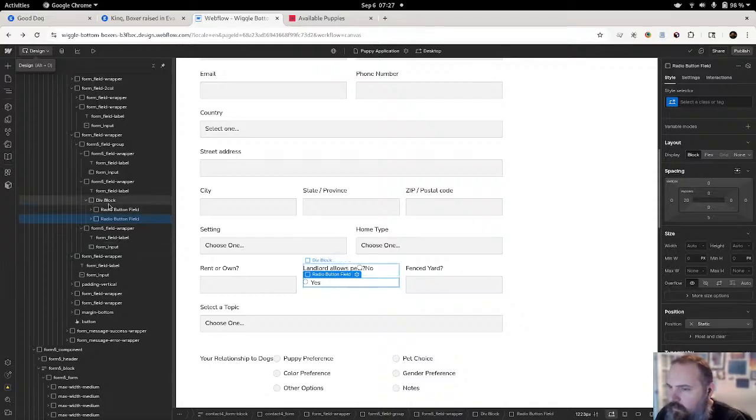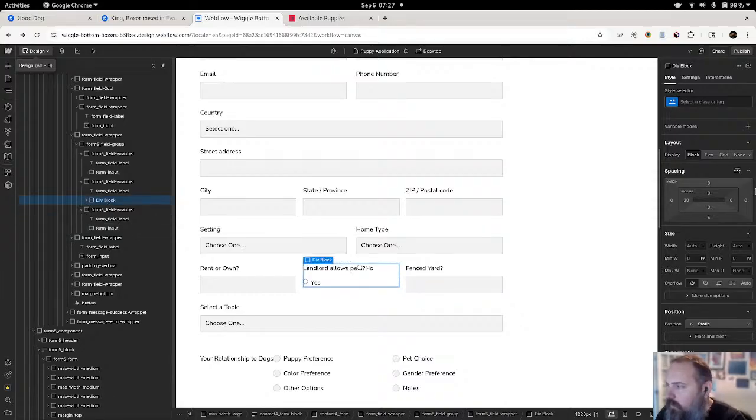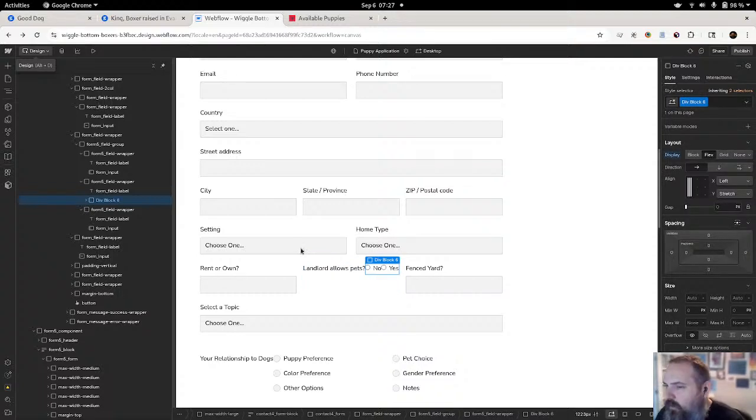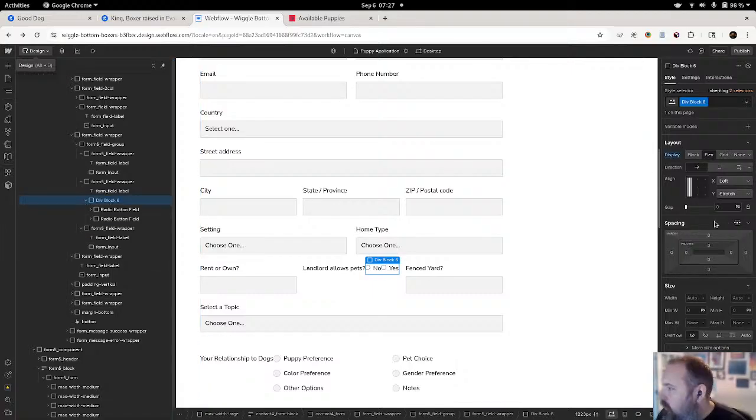That's annoying, isn't it? Well, first thing I want to do is flex what's on the inside of it, so we get it left and right. And then we'll do center, center top, I guess. And then we're going to add a little gap in between those two options, so it's actually noticeable.